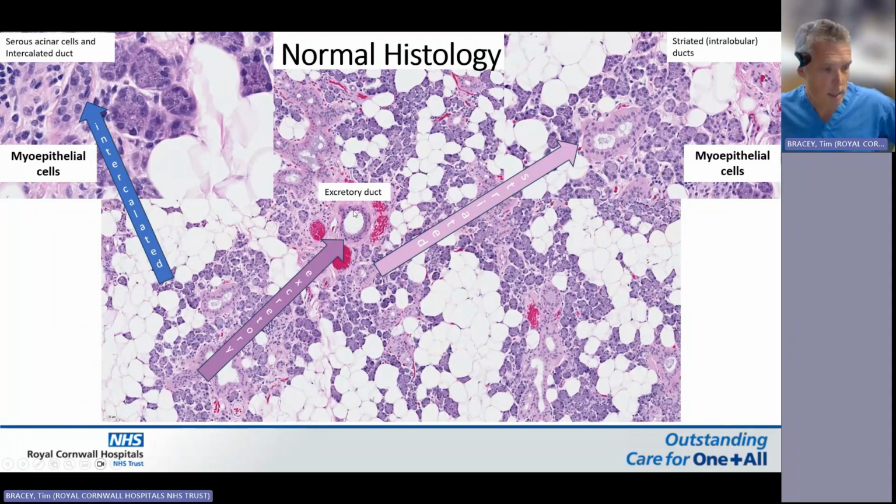And then finally you get to the excretory duct, which is in the center here in this picture. And that isn't surrounded by myoepithelial cells, it's surrounded by basal cells, but we can still pick those up with immunohistochemical stains. Now, this is going to become important when we start talking about entities, and I'll tie it in at the end to show you how neoplasms of the salivary gland can all be tied back to this microanatomy,